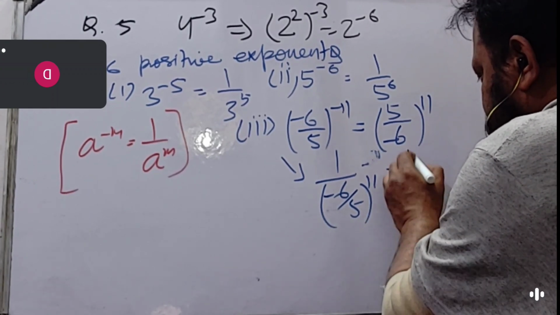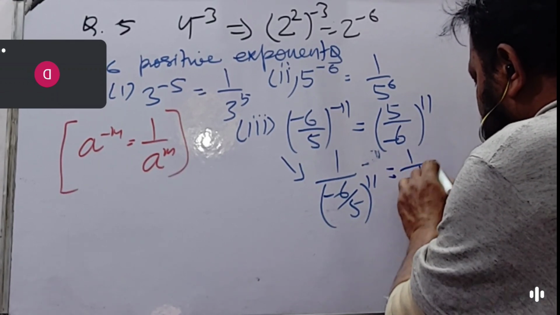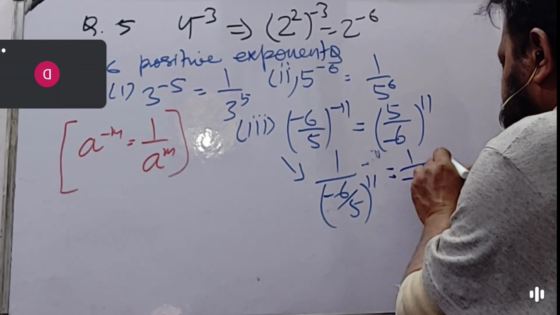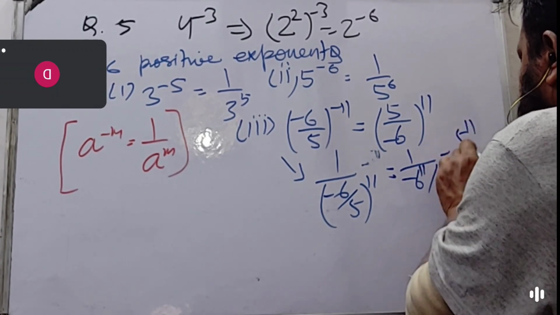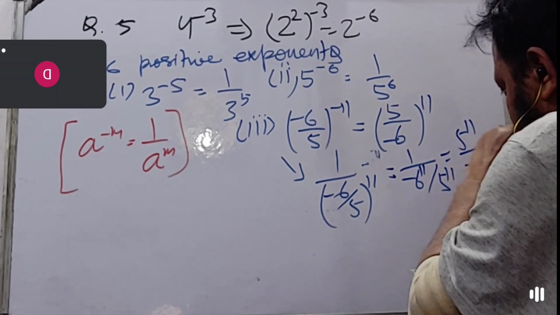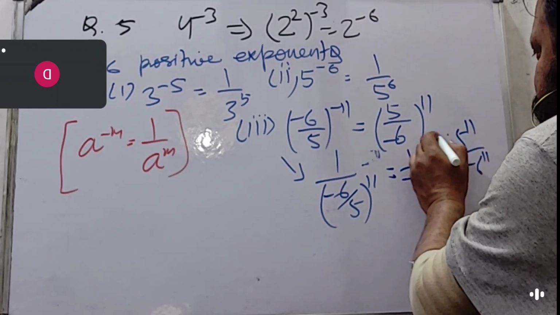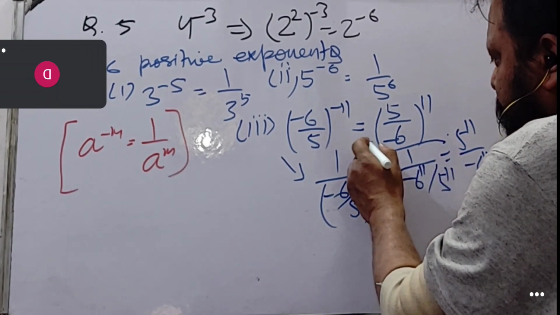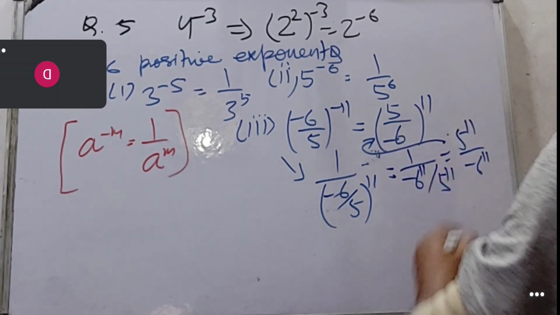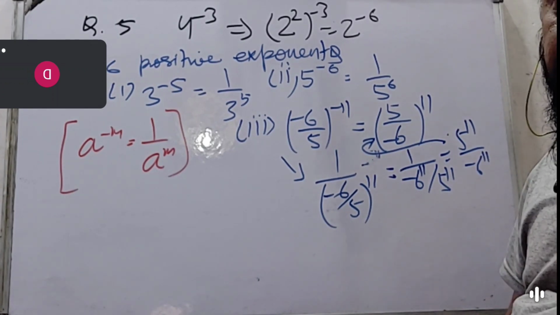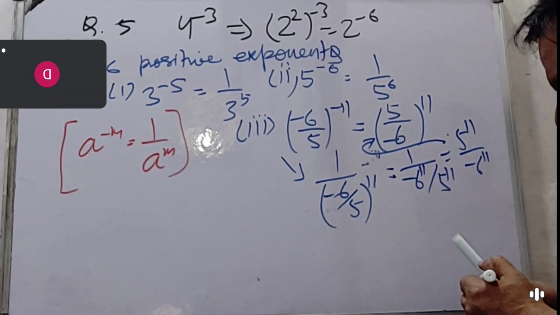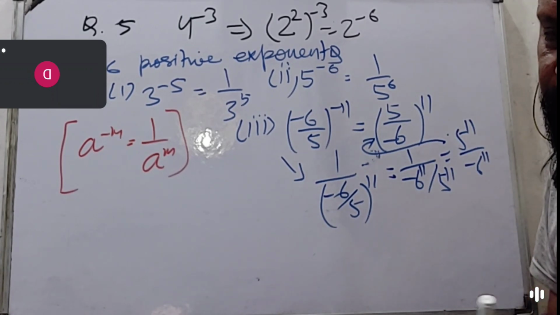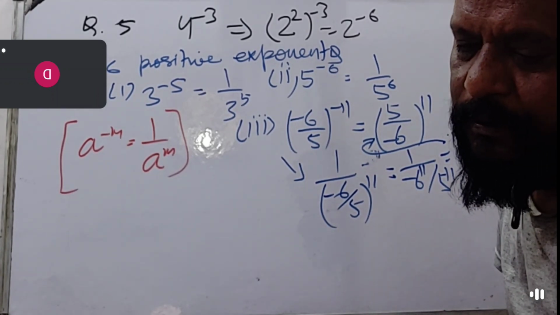So it can be written as minus 6 raised to the power 11 upon 5 raised to the power 11, and that becomes 5 raised to the power 11 minus 6 raised to the power 11, and therefore we reached here, right? It becomes 5 raised to the power 5 upon minus 6 raised to the power 11. We can take common from these. Now we have, this is over. Now the next,